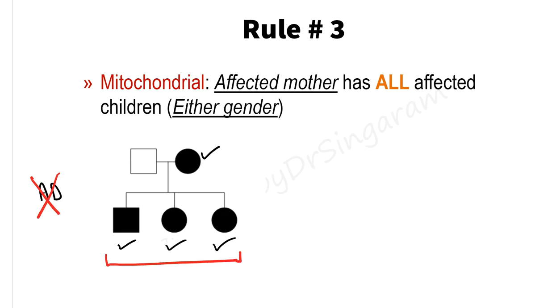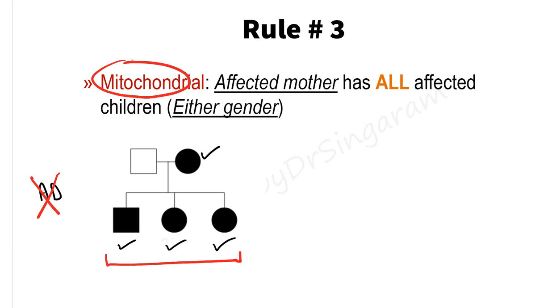So that means something is transmitted from the mother to the kids. And what is that something? That something is nothing but the mitochondrial DNA. Always remember, the mitochondrial component is always given by the ovum. It is not from the sperm or the male counterpart. Are you able to follow this? So that is why a disease affecting the mitochondrial DNA is always transmitted from the mother to her offspring. It is not dependent on whether it's a male or a female offspring. All the children will be uniformly affected.